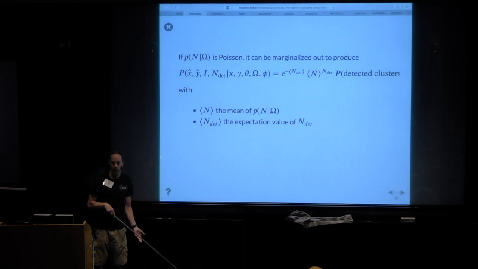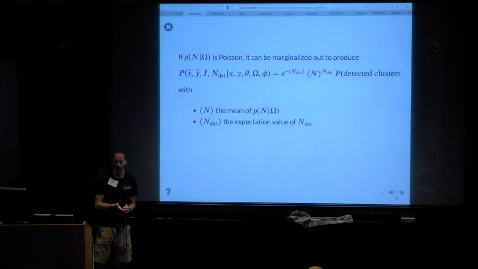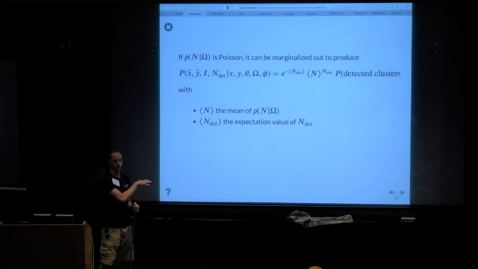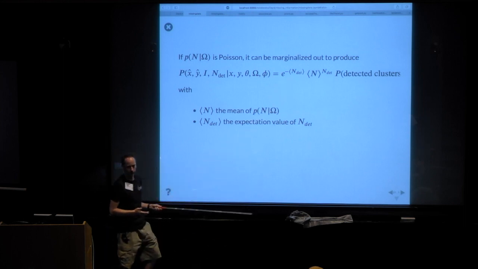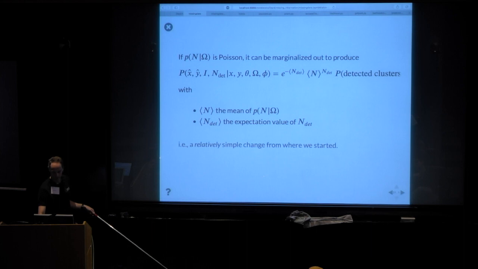So it's a little bit more work, but if we have such a model that we're trying to constrain, these are things that we can calculate. And if we understand the selection process. If we don't understand the selection process, we're hosed anyway. So a little bit of extra work, but not actually that much more complicated, is sort of the bottom line.